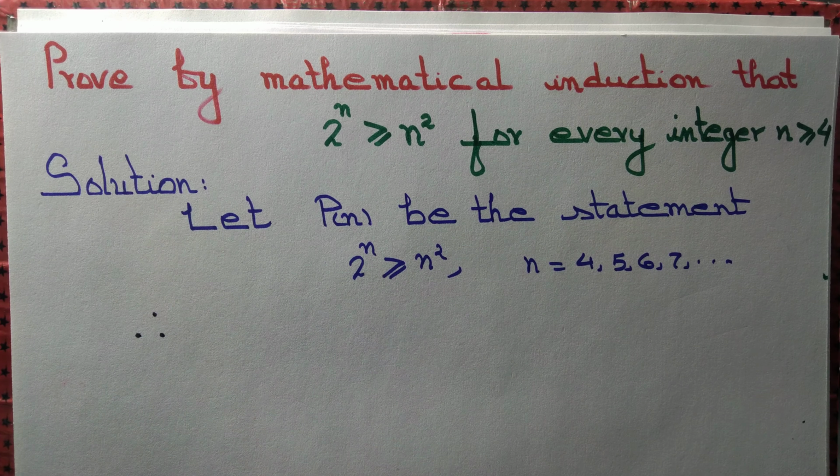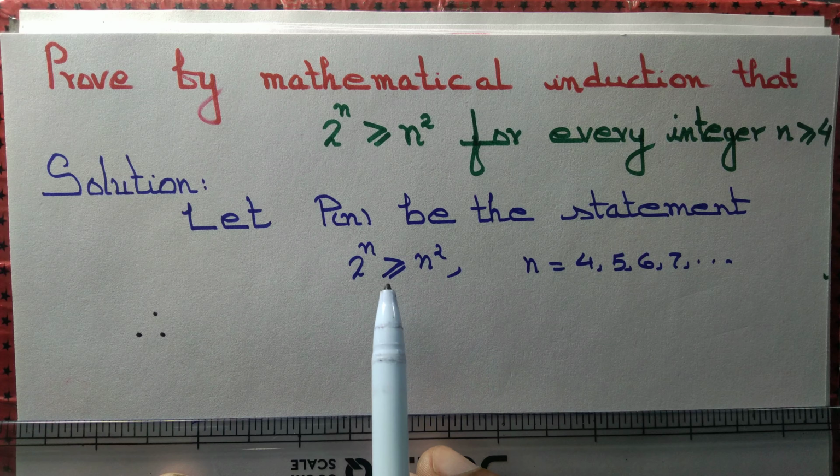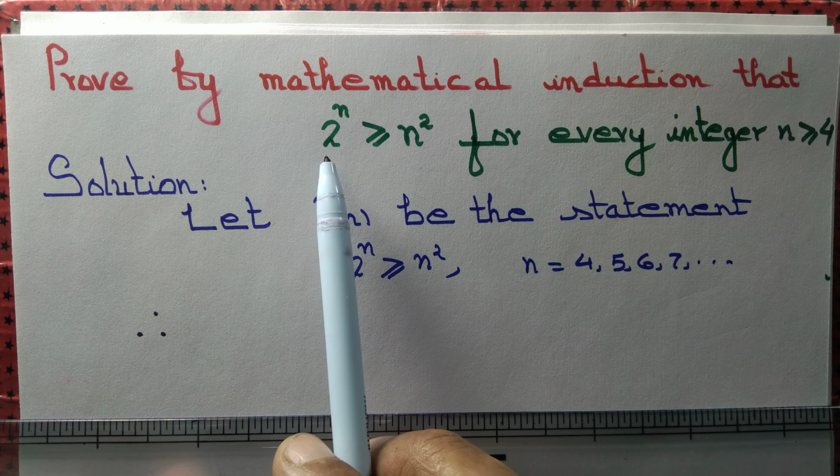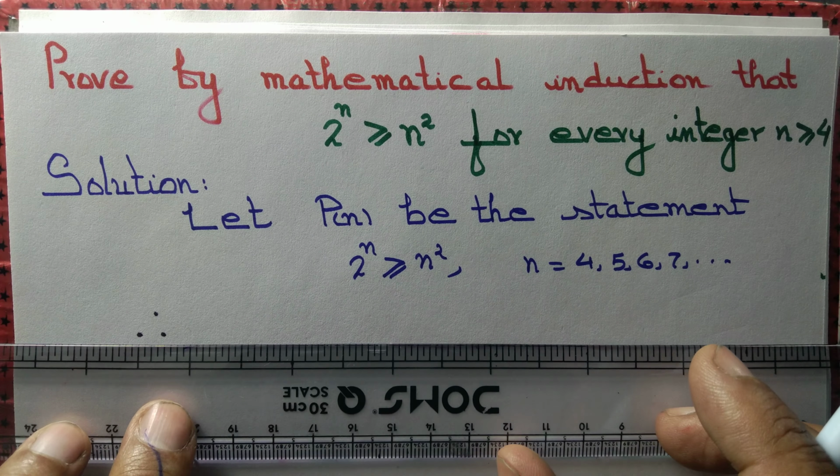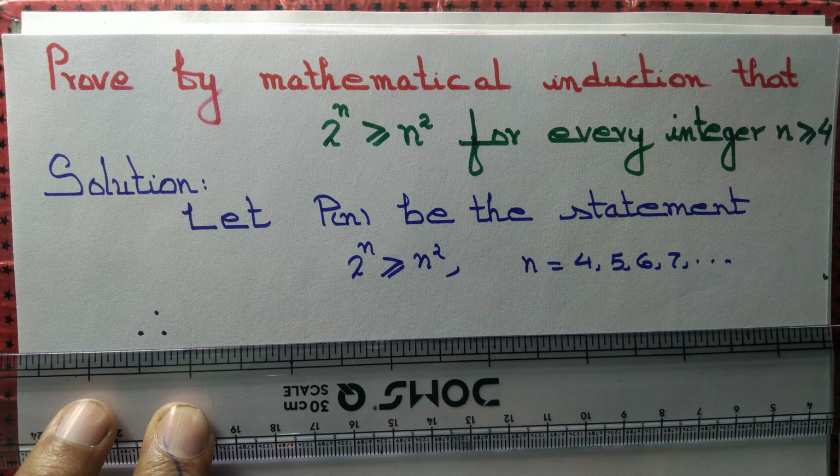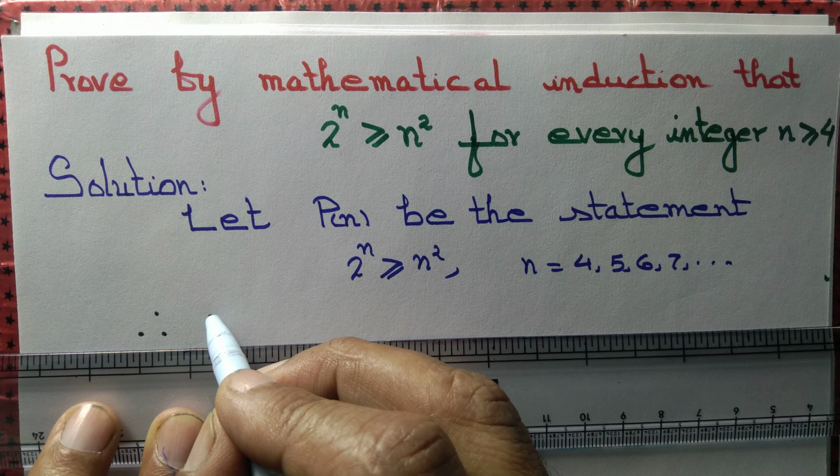Therefore, let's initiate it. We will not initiate from n equal to 1 because we are not saying that we have to prove it for n equal to 1. We will be initiating for n equal to 4. When n equal to 4,